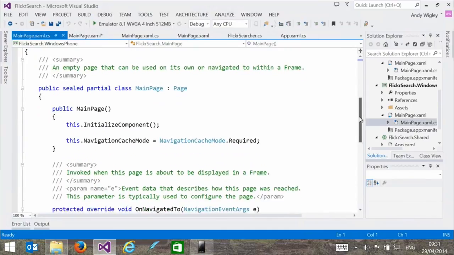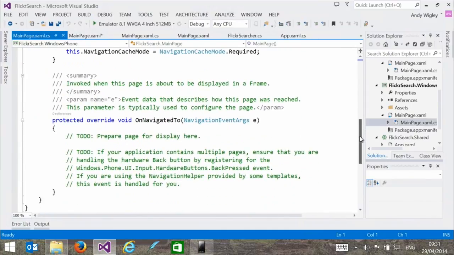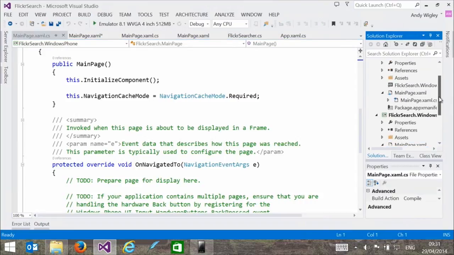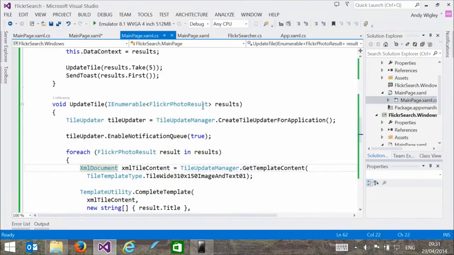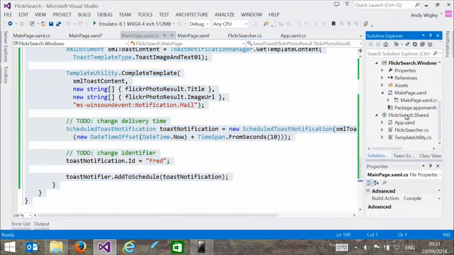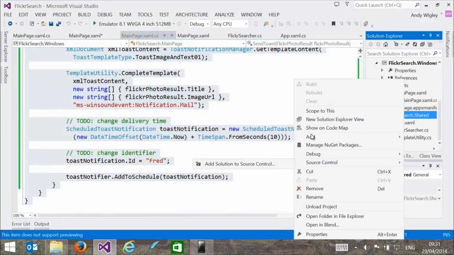Now, I could insert that same snippet that I did before. And that would work just the same because all the code is compatible. It's exactly the same APIs underneath it. But actually what I'm going to do is, because that would end up with the same code in 2 places, and I don't really want to do that, I'm going to copy all the code that I already created for the Windows app, and then I'm going to go down to my shared folder and add a new class in here,